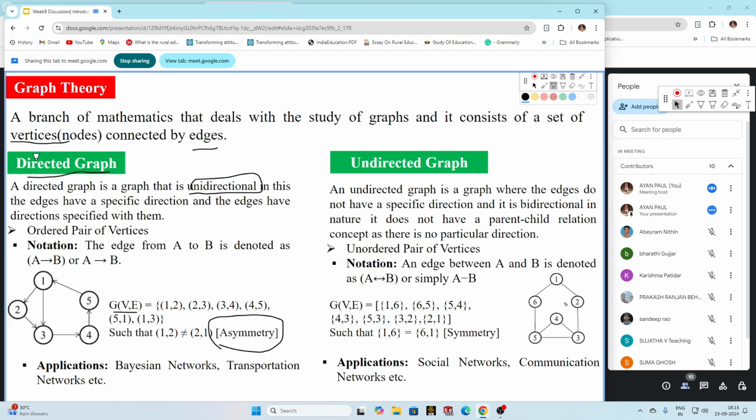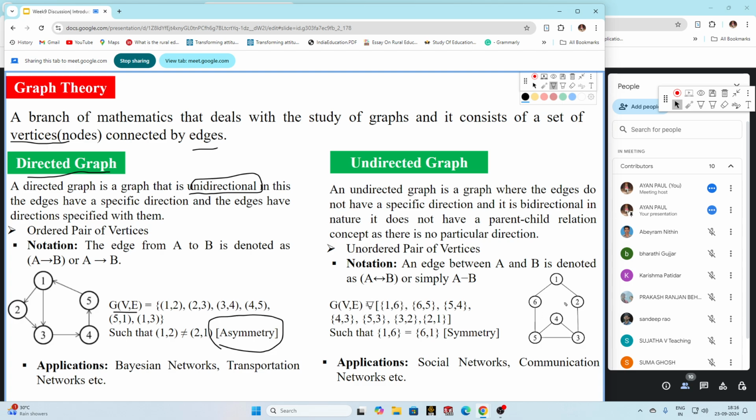So it is both for directed as well as undirected graph. The only difference is how the edges are in a directed and undirected graph. In directed graph, the edges have a particular direction, it is unidirectional, but in undirected graph it is bidirectional, or edges do not have a particular direction. That means now when we are writing